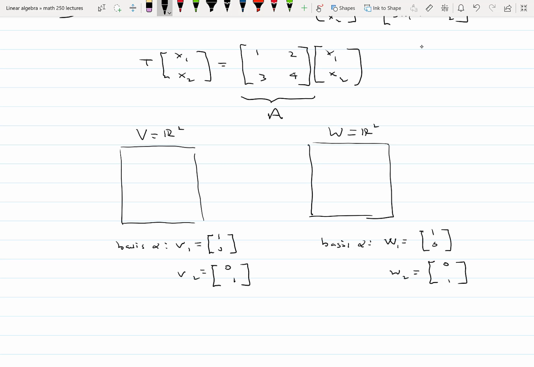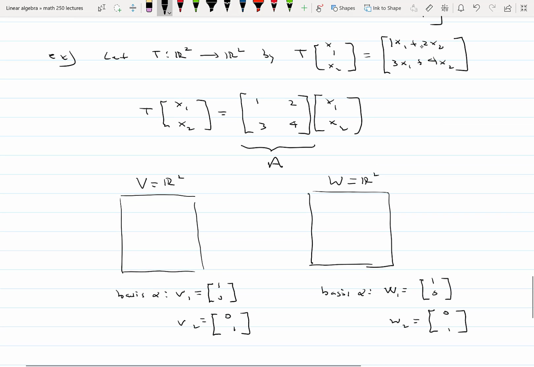Okay. So the systematic way of finding this A, besides factoring the matrix into A times x1, x2,